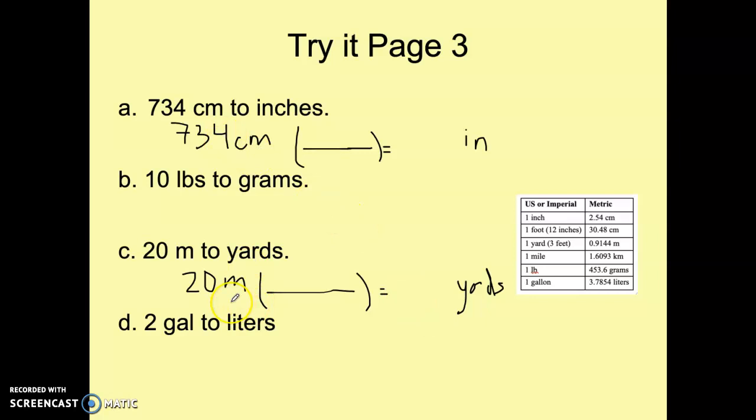So I tried A and C. You can try the other ones on your own. The question you should ask yourself: I take my starting thing, and I'm going to write it over 1, if that's helpful for you, though you don't have to. Centimeters goes on the bottom to cancel. Inches is on top. And I have to look at my table. Remember, these are equal. So these two numbers here are equal. 1 inch is equal to 2.54 centimeters. So I take 734 times 1, which is 734, divided by 2.54, gives me